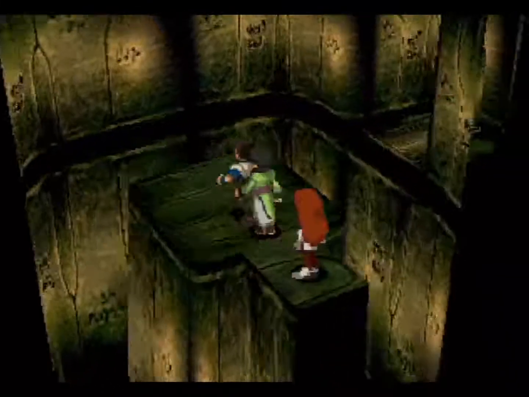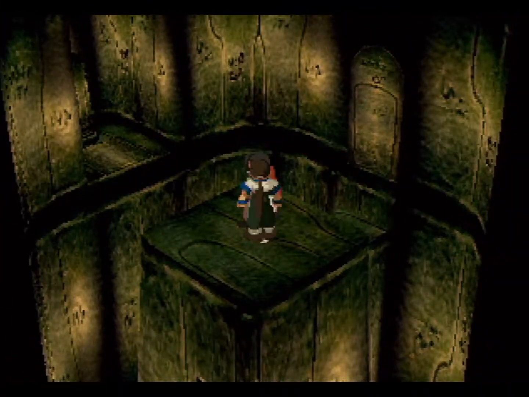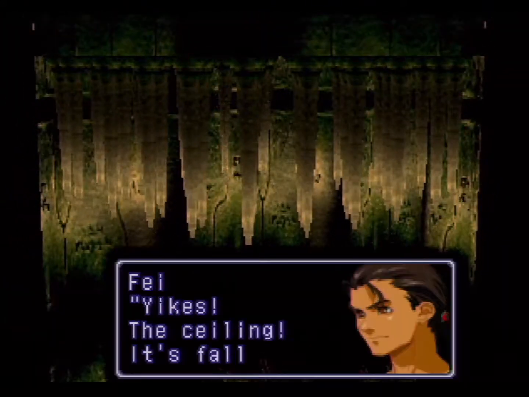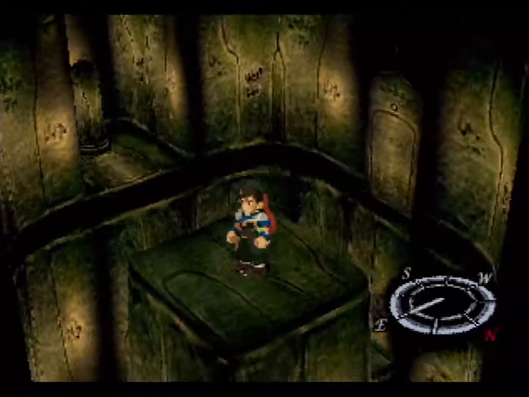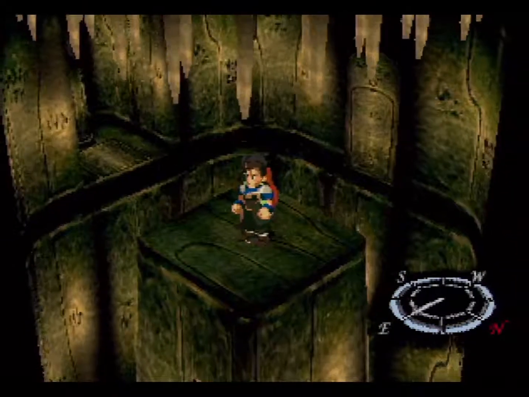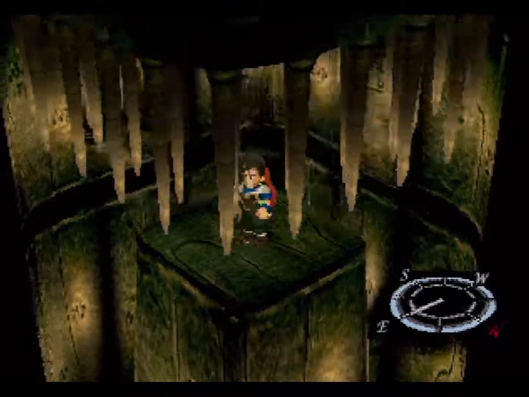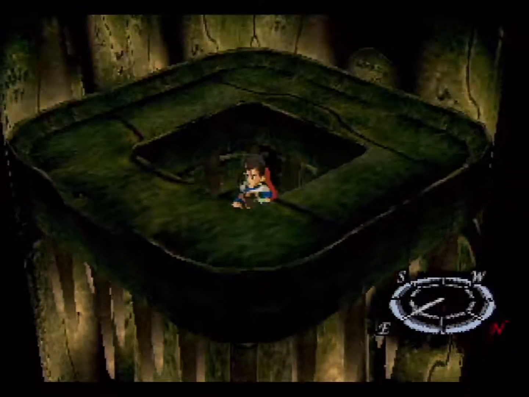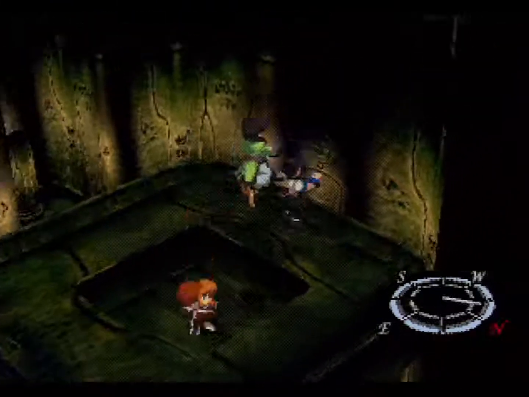Okay. In this room, you can go check that hint over there, but don't do it. Huh? Now what? Huh? Yikes! The ceiling, it's falling! That hint over there says, be courageous, stand your ground, and then it drops you into a pit, into the fail room. If we just wait right in the middle, the ceiling comes down to form an